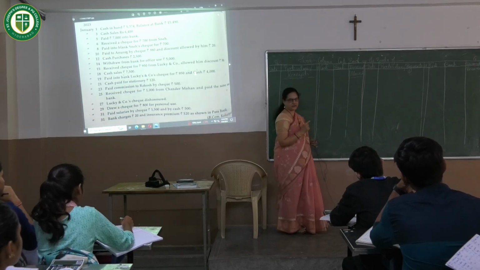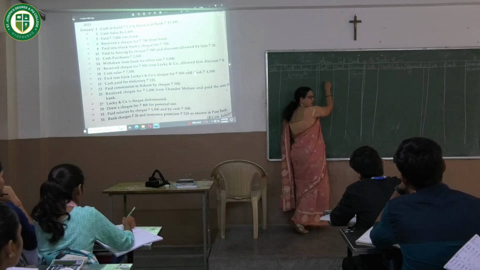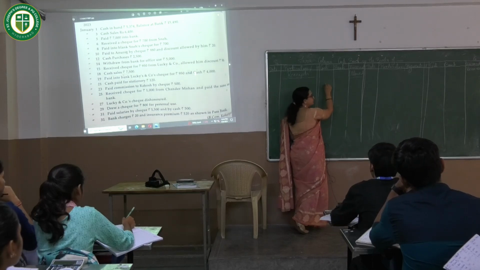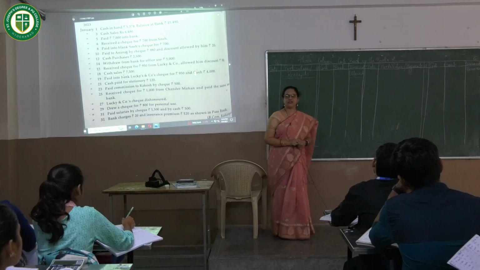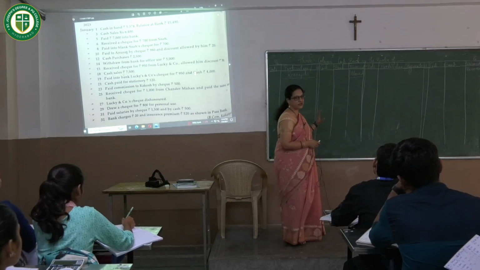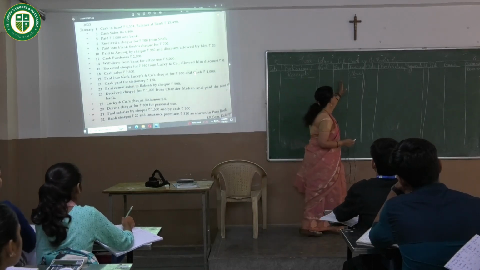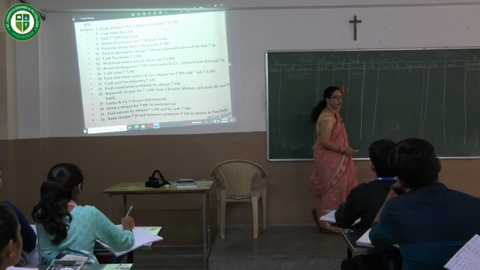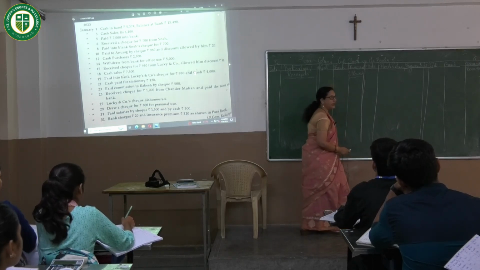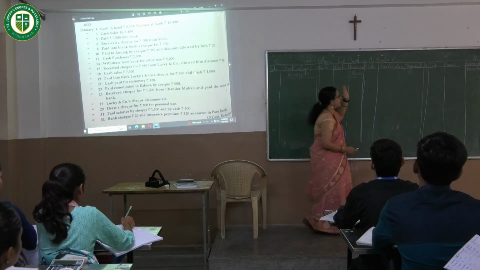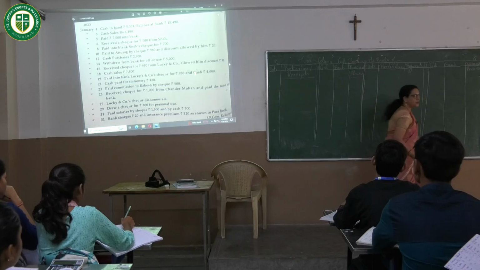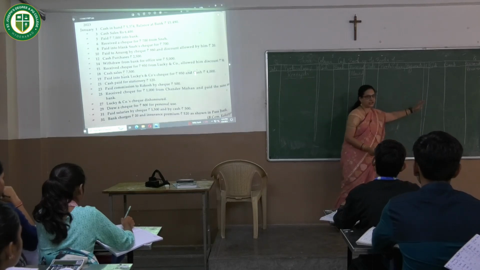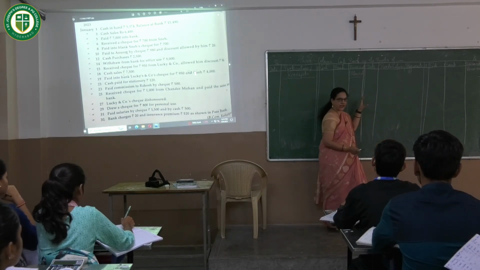What is extra in this cash book is we record not just transactions which are entered in the form of cash, but also transactions related to checks and deposits in the bank account. So whenever the businessman has received a check, he will write it in the bank column. Whenever he issues a check, he will write it in the bank column on the credit side. So whether it is a receipt of a check or an issue of a check, we will use not the cash column, but the bank column.